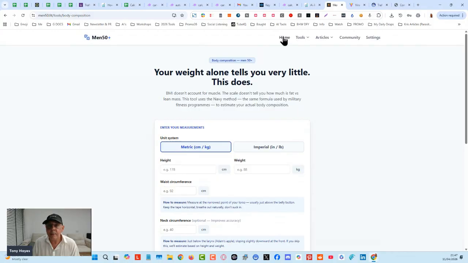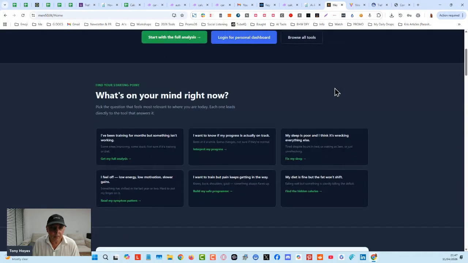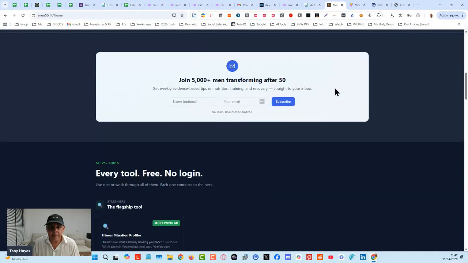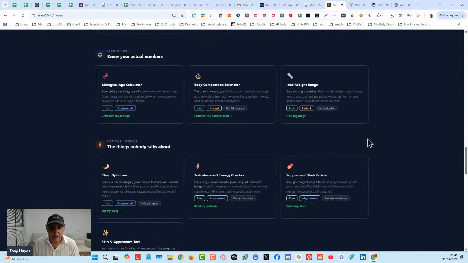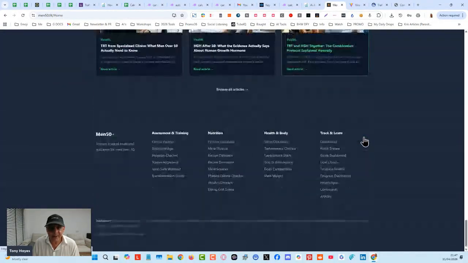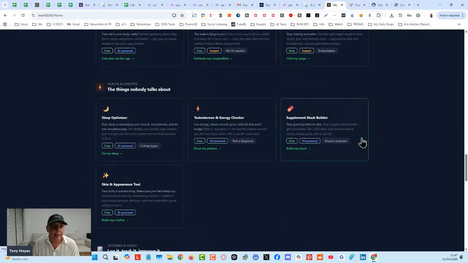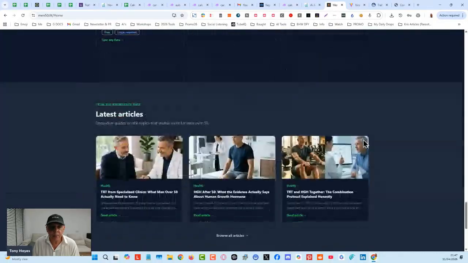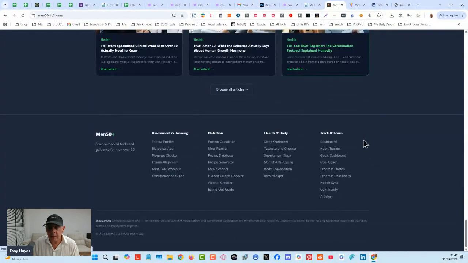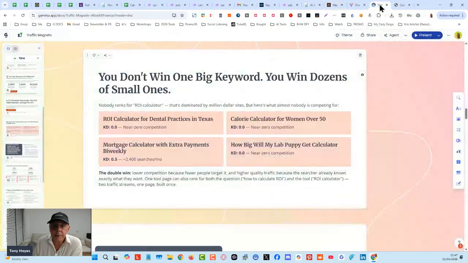When we come in here as well, you can see all of this was created entirely with AI. I might do an extra session and teach this as an extra bonus, how to build these kinds of websites with AI. It takes about an hour to build one of these with AI, and you can see tons and tons of tools. What I haven't done yet is optimize the site. I haven't had time yet, but when I do, I can imagine this is going to drive quite significant traffic. And we can build these really nice next level calculators.